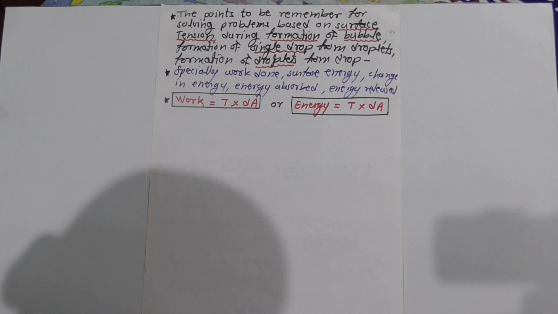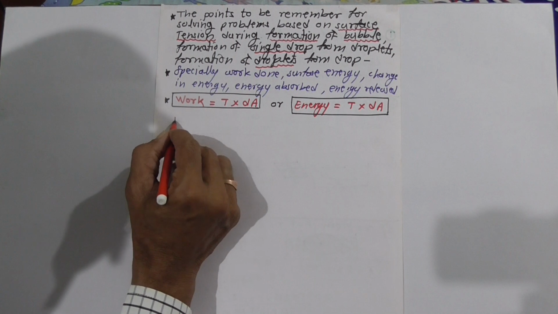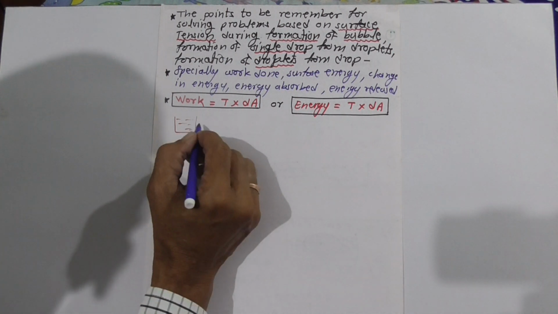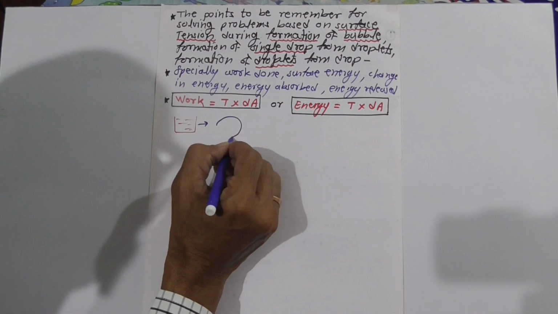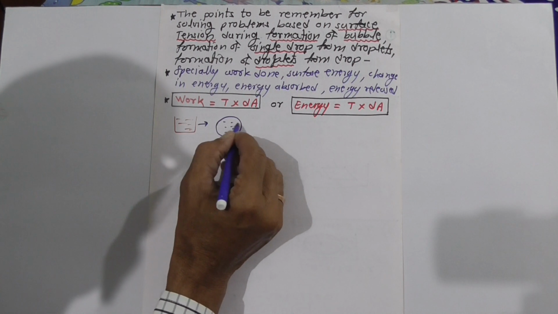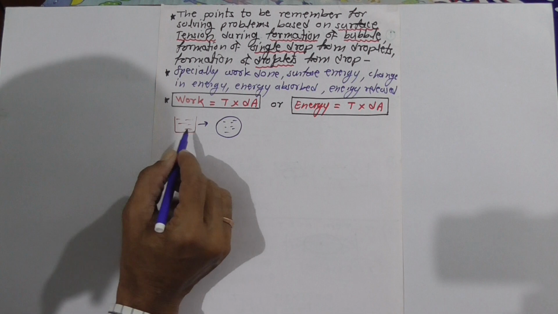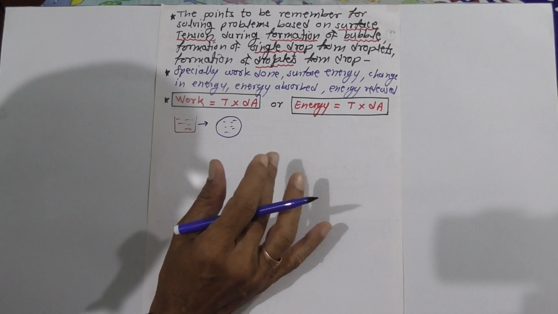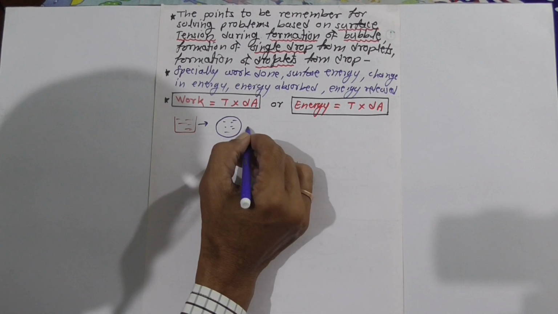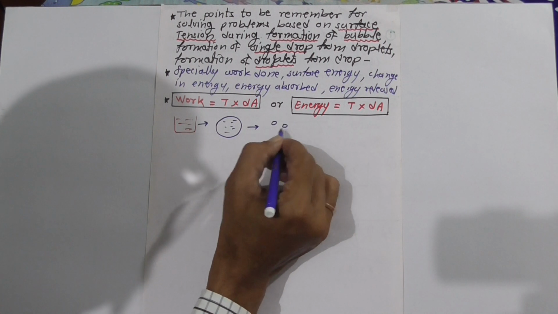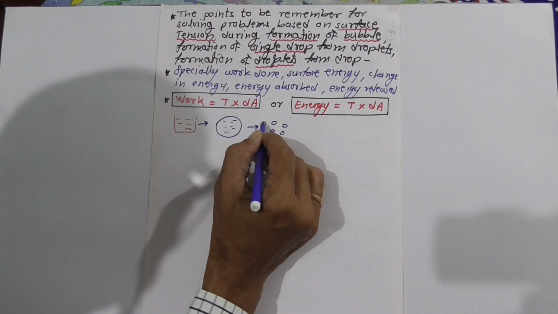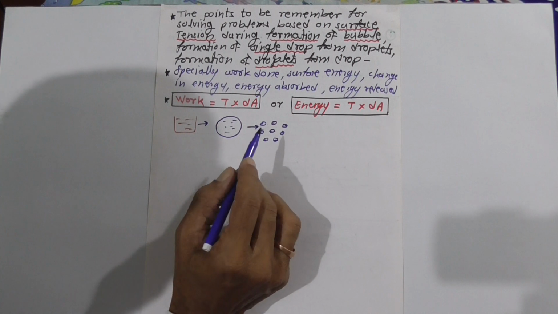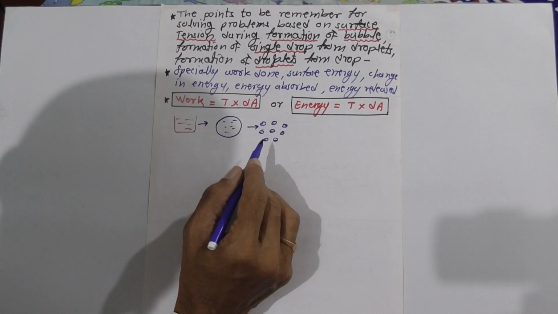We know very well that if you want to produce a drop from the water, just like this, a single drop is produced. Here it is a spherical drop. Some work is done here. If this spherical drop is converted into a large number of small droplets, even here some work is done, some energy is required, some energy is absorbed.